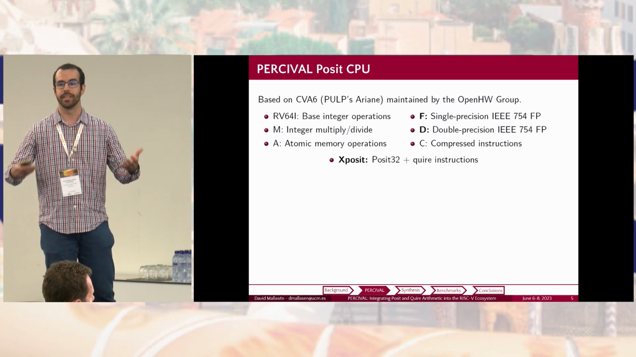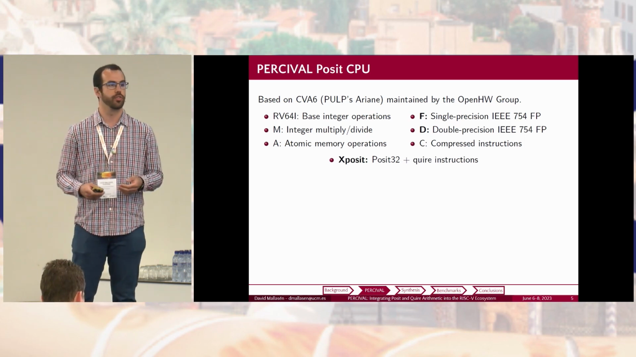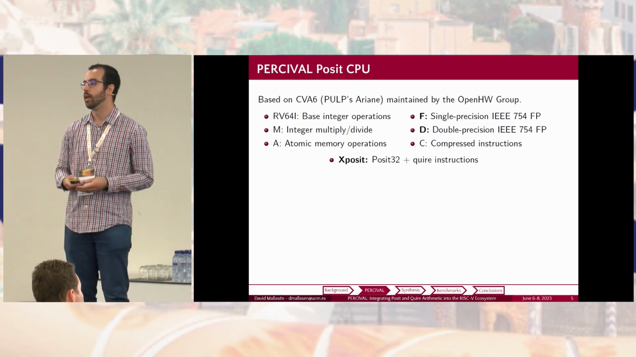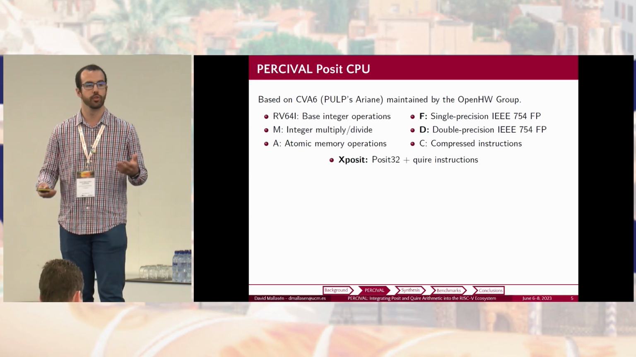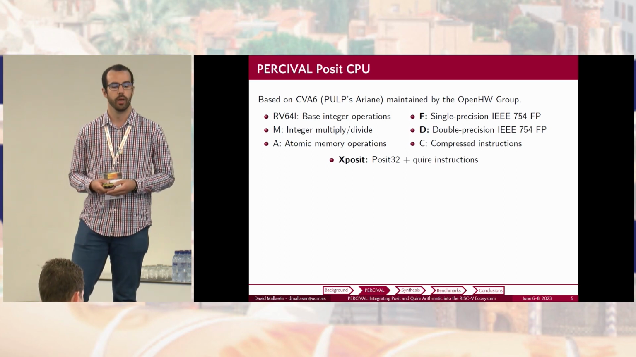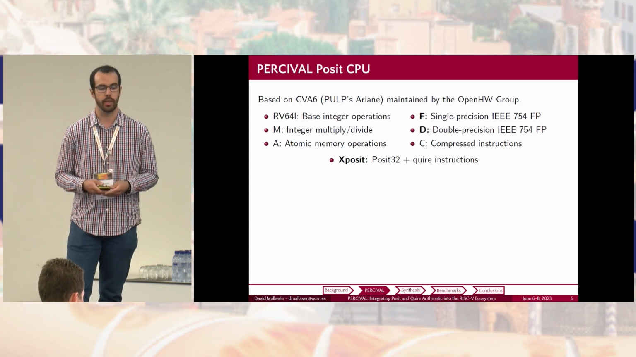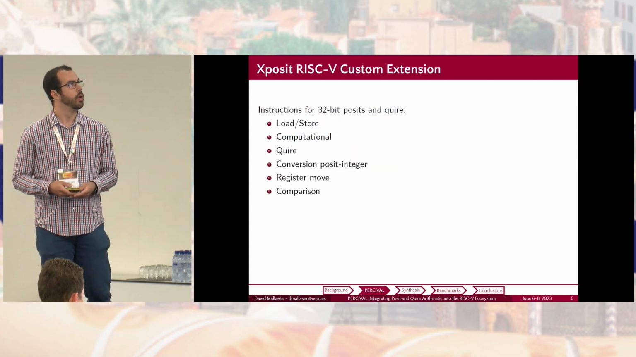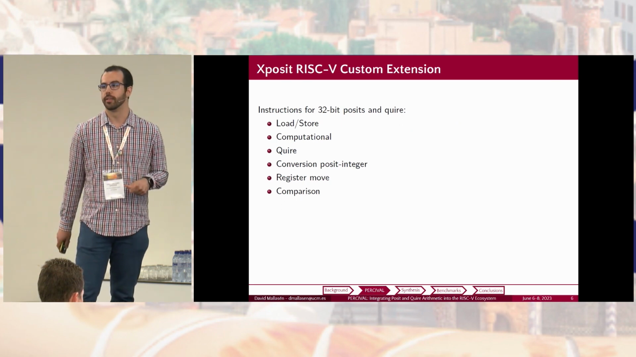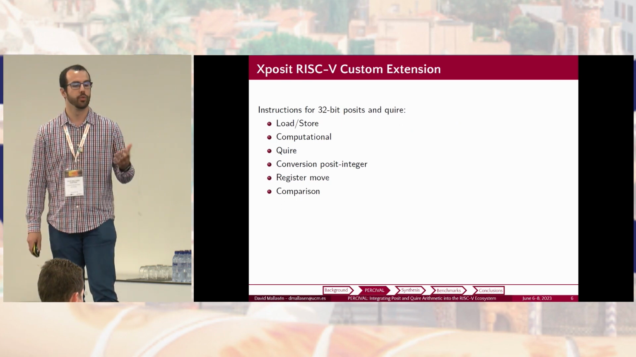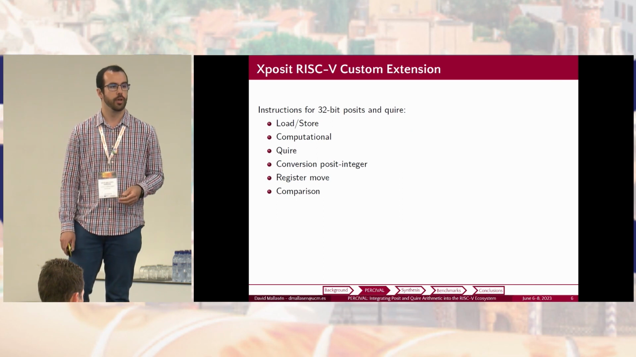What we did was adding to this core the XPosit RISC-V custom extension that we developed that added support for 32-bit and now also 64-bit posit instructions, as well as also this Quire accumulator register. So just to have a better look at this extension, we add load and store operations for posits,